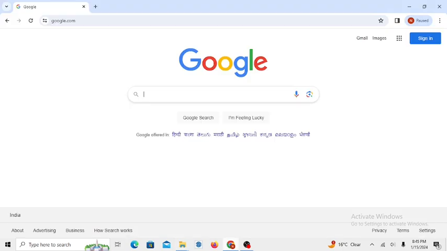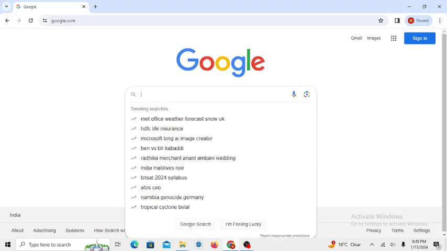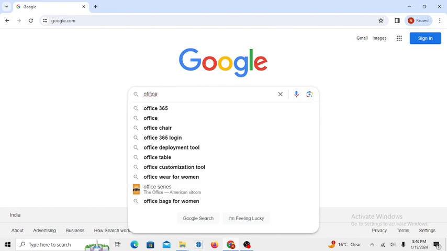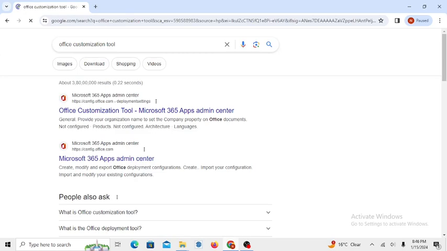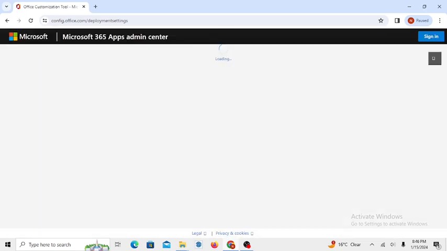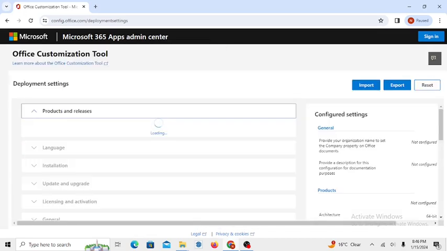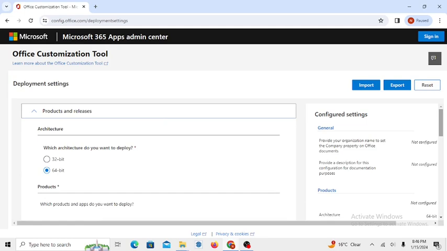Now go to Google and search for Office Customization Tool. Use the Microsoft 365 Apps Admin Center. Here you need to download the configuration files. For installation purposes, select which version you want to install. So select your preferable